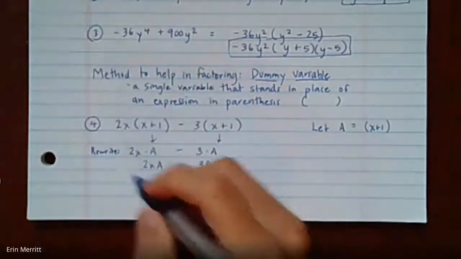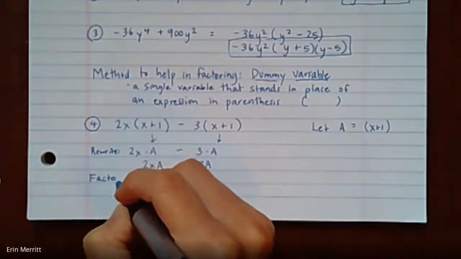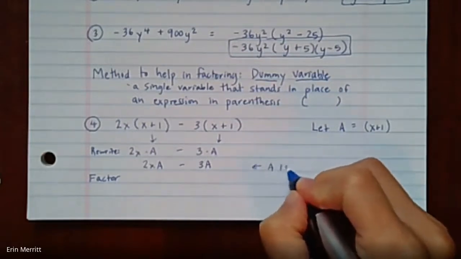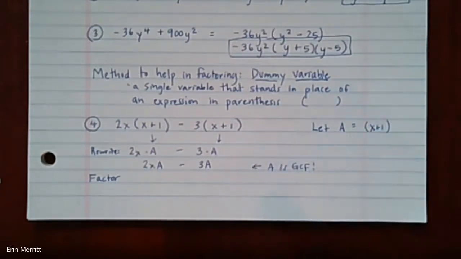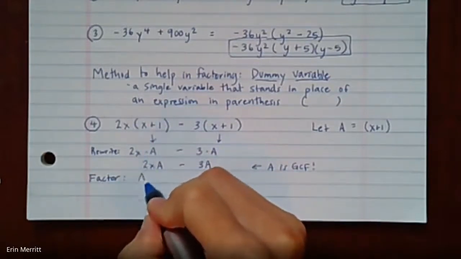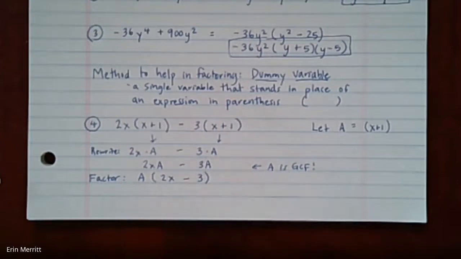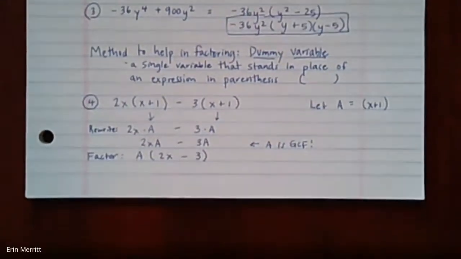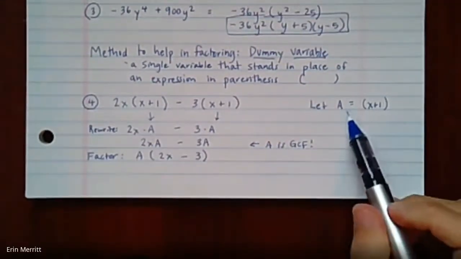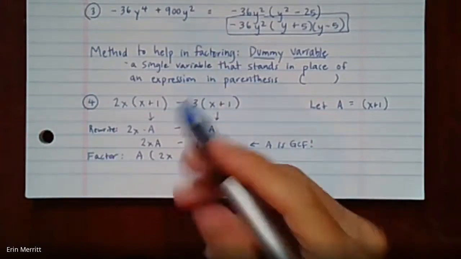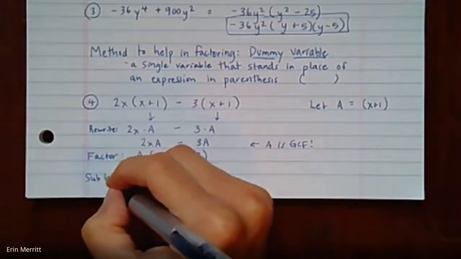So my next step is to factor, and in this case, like we said, the a is a GCF. Yay. So factor the a out, and then I'm left with 2x minus 3. There you go. Now you factored it. The only thing you have to do is you can't make stuff up in the middle of a problem. We hopefully know that by now. So since we made up the a standing for x plus 1, we just kind of have to undo that step. So we're going to sub back in